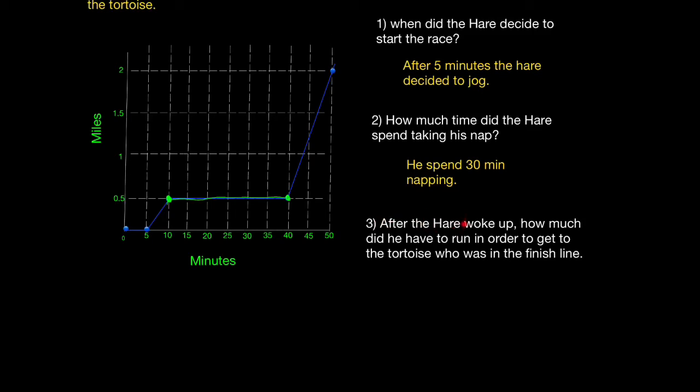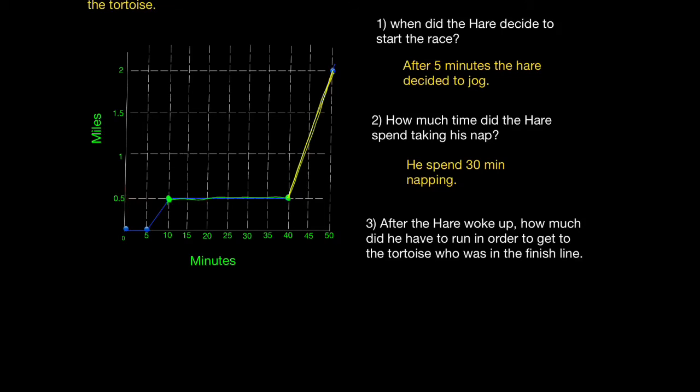After the hare woke up, how much did he have to run in order to get to the tortoise who was in the finish line? So after 40 minutes, that's when the hare woke up and he dashed this final part right here. So let me outline it in yellow. He dashed all of this. And now we have to calculate this distance here. So we know that from here to here,